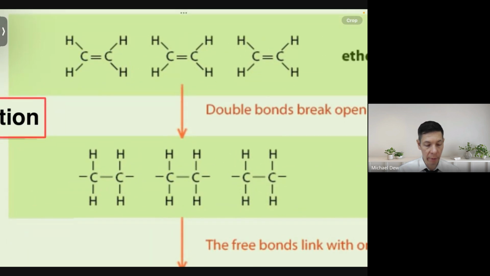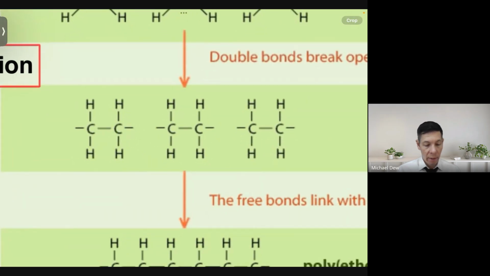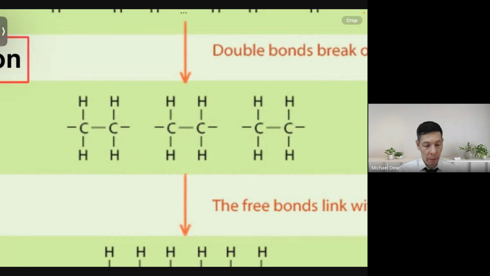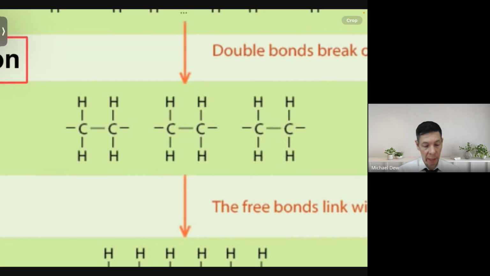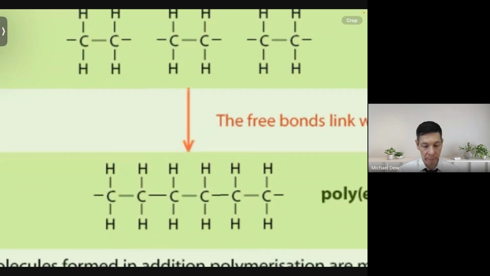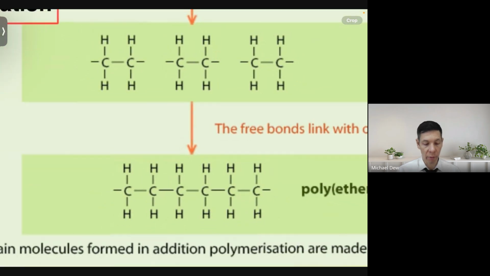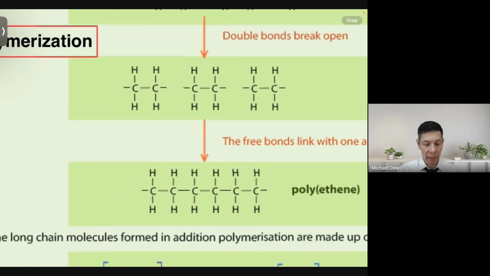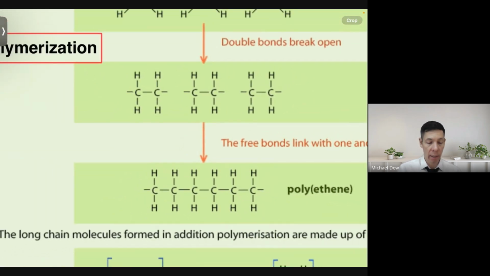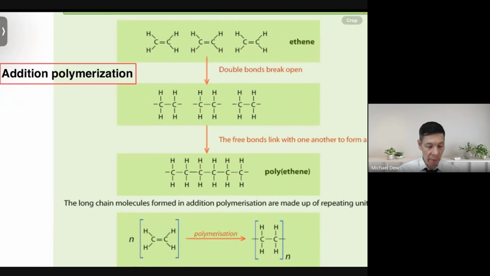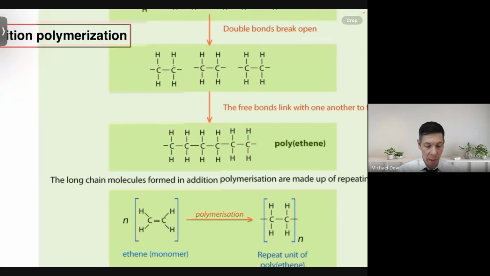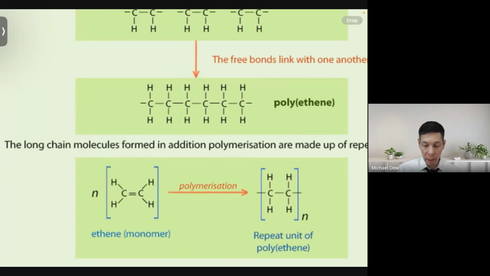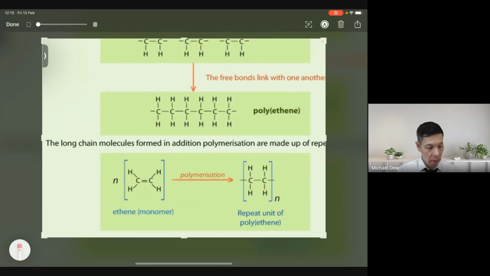So we have ethene monomers, and then here, this is not ethene anymore. These are in transition. They're going to connect to each other. So once they connect, it looks like that. All right, so this would be a polyethylene made from 3 ethene monomers. So that's addition polymerization. And again, if you also wanted to show 3 monomers, but you didn't want to draw 3 when you made the polymer,